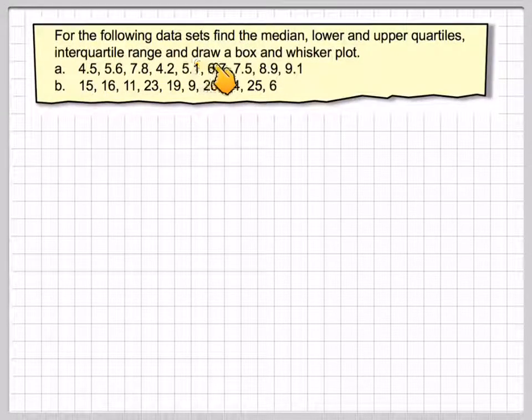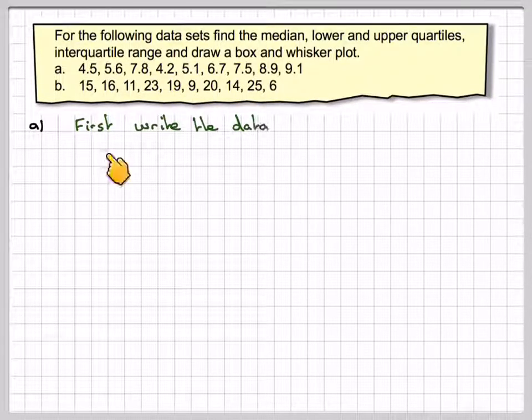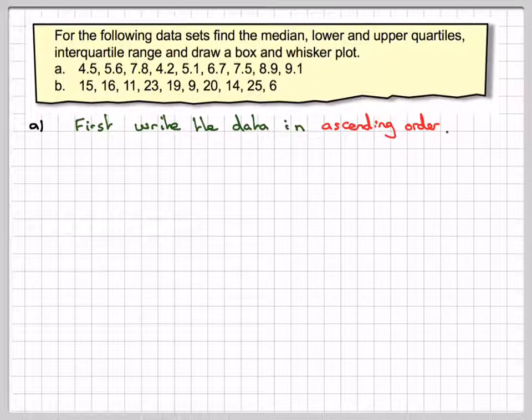For the following data sets, find the median, lower and upper quartiles, interquartile range, and draw a box and whisker plot. So here we've got one set of data, and here we've got another set of data. So looking at the data separately, first we need to write them in ascending order from the lowest to the